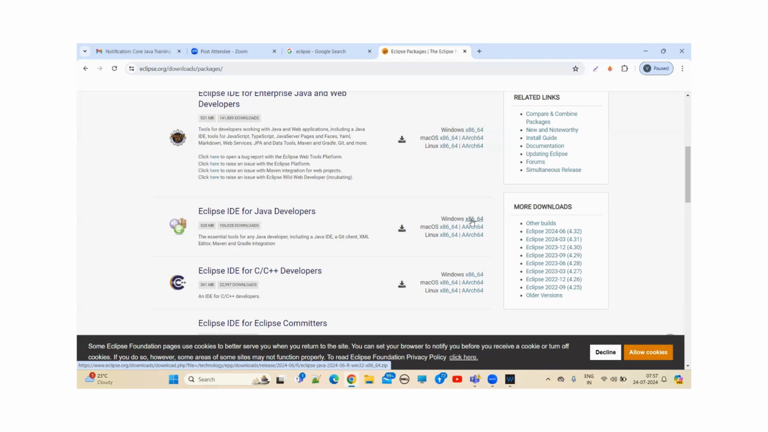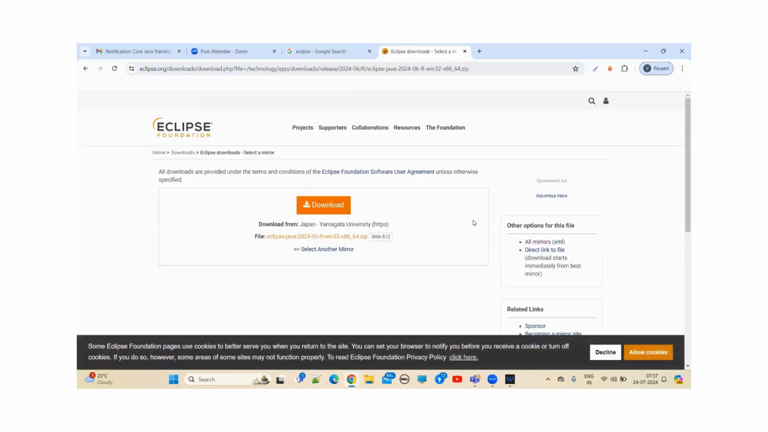Guys, can you see my screen, everyone? Okay, now I'm clicking on this, guys. After that, you see one more page. All downloads are provided under the terms and conditions of the Eclipse Foundation software user agreement unless otherwise specified. Now, if you want, you can click on the download option, otherwise you can click on the file option. Anything is fine. Here, see, download from Japan, Yamagata University HTTP. There is one more link here, right? If you click on this,